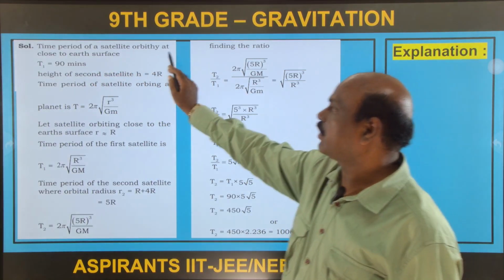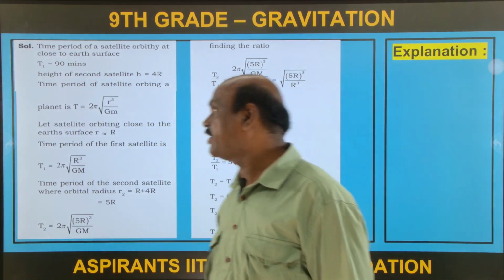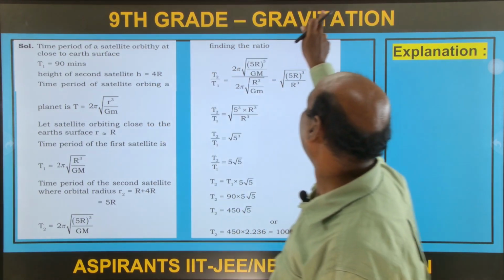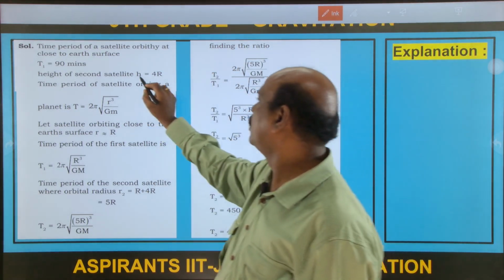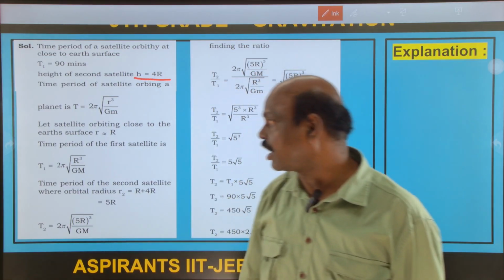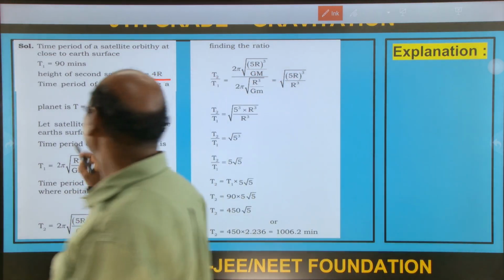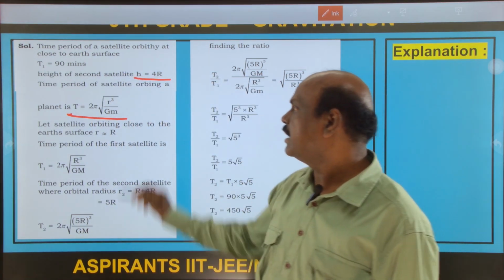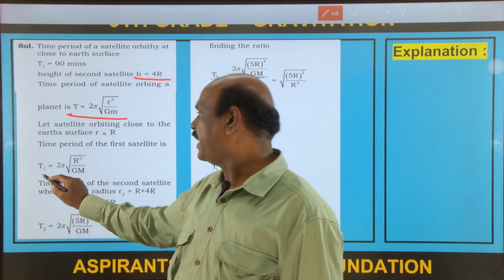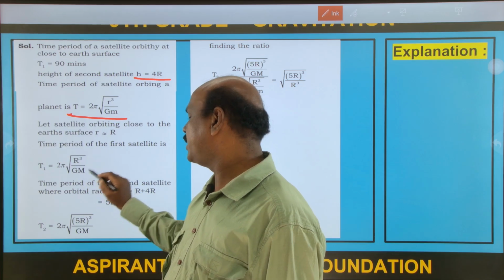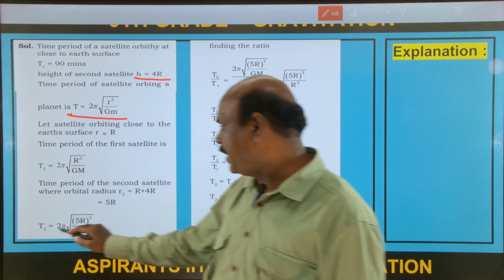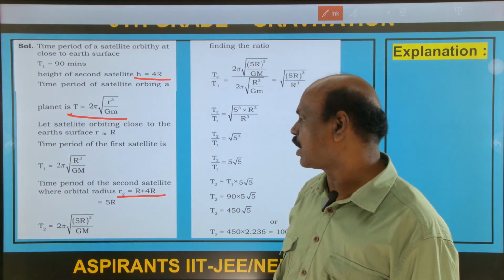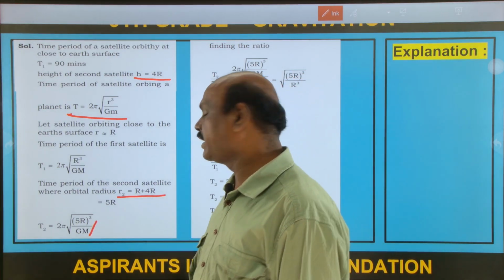Time period of the satellite orbiting, T1, is equal to 90 minutes, and according to our formula, the height is changed, R is changed to 4R. Then T is equal to 2 pi under root of R cube by GM. So T1 is equal to 2 pi root of R cube by GM, and T2 is equal to, here R2 is becoming R plus 4R, that is 5R. Substituting the value here,